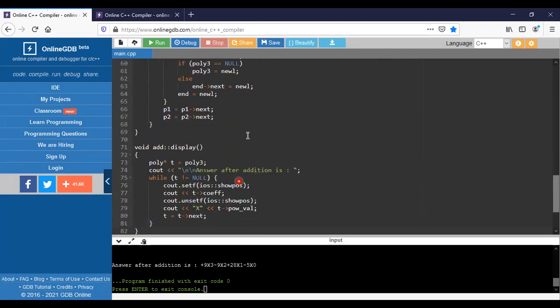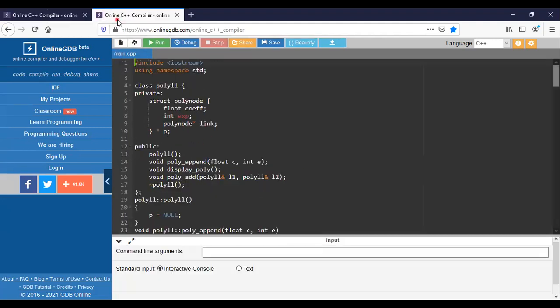Okay, and coming to the next representation, that is the linked list. Here we are using the node representation. In this node representation, we provide the coefficient, the exponent, and the link to the next node. The structure we are using has been named with a P pointer. First we need to create the nodes and then we need to append the nodes.